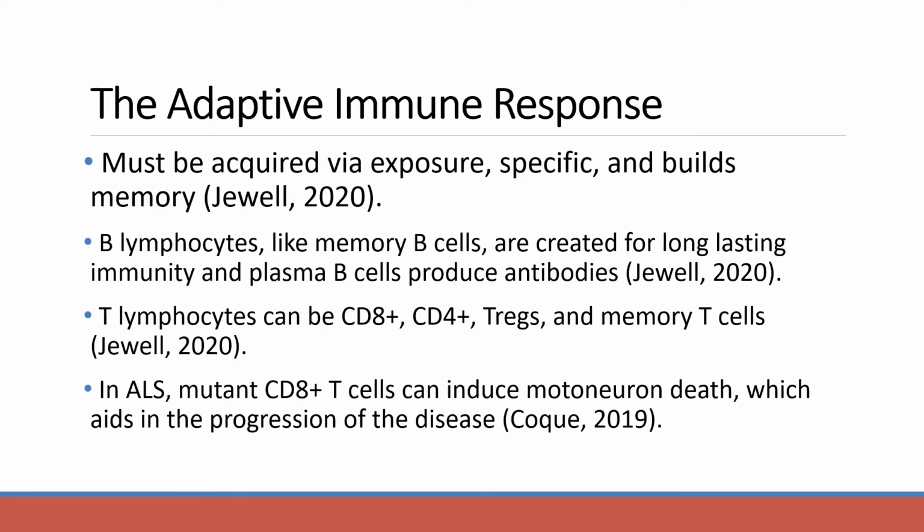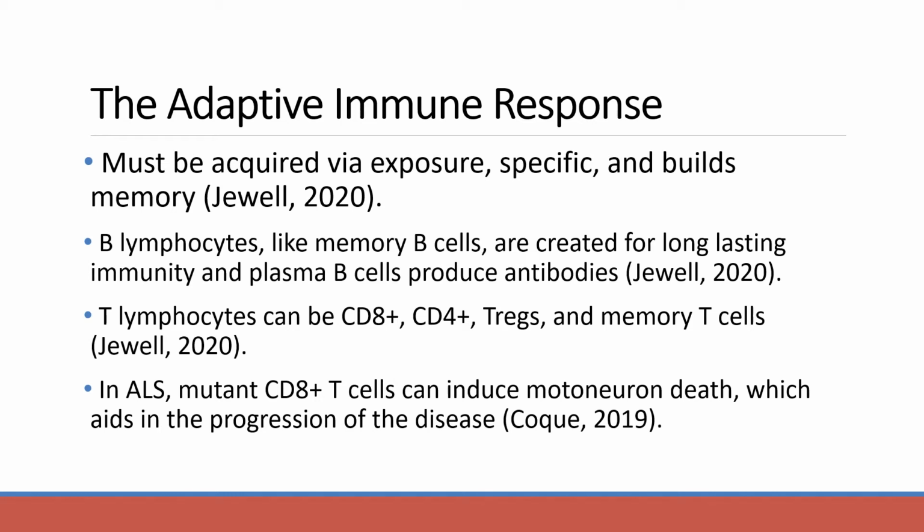The adaptive immune response. As we learned, adaptive immunity needs to be acquired from exposure. It's very specific, and it also builds memory. White blood cells, like memory B cells, are created for long-lasting immunity, and B lymphocytes can also become plasma B cells, which produce antibodies. This helps us when there's an invasion that we already have antibodies for. Plasma cells can immediately start producing more antibodies, so we can fight the infection or